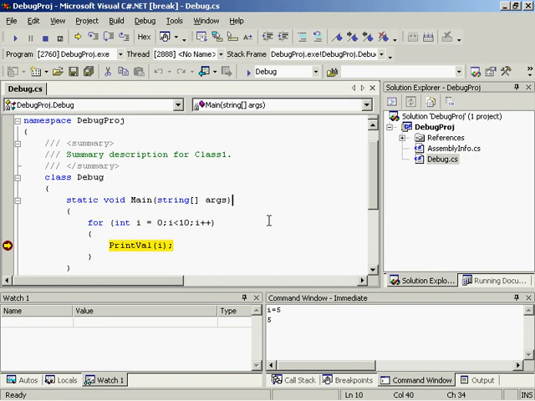Once again, I'm broken on the first iteration through the loop on the print val call. Again, hovering over the value of I, I'll notice that I currently equals 0. Now, if I'm interested in setting a watch for this variable I can do this in a couple of different